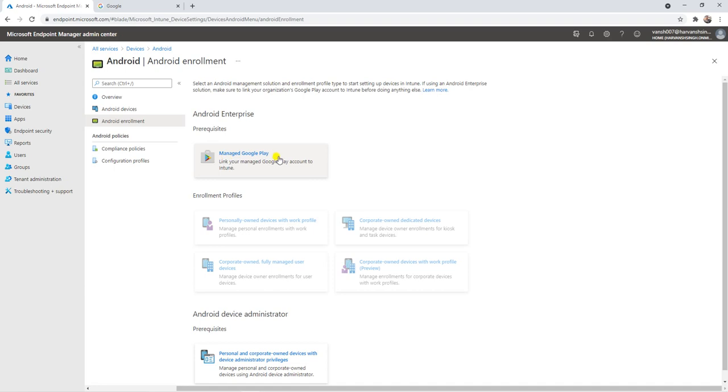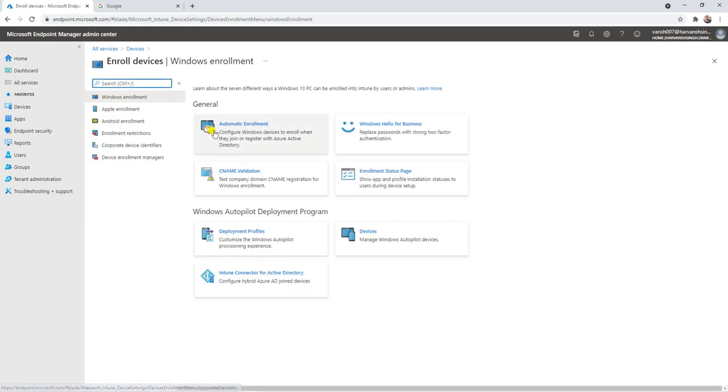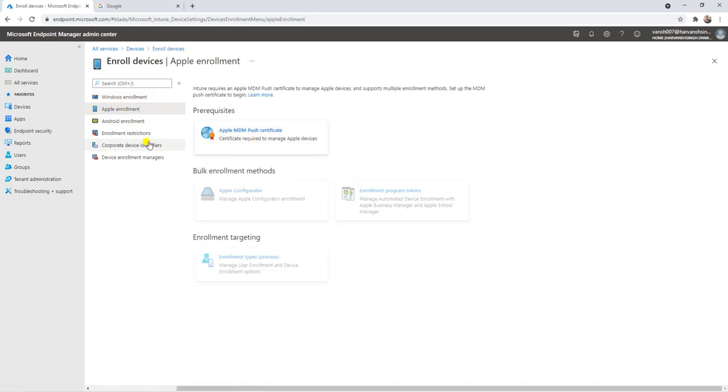You can go to Google Play, and from there you can download the company portal. It's the Intune company portal application that you can download and log in easily. So guys, these are the options available, and again the enroll device option links to the same things. How you want to enroll, the same page opens. For Windows, what are the ways you can use; for Apple enrollment, what are the ways you can use.